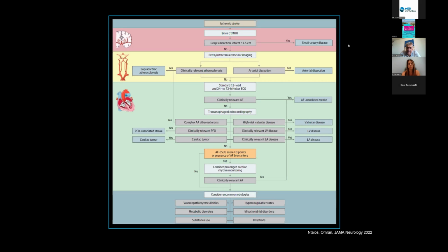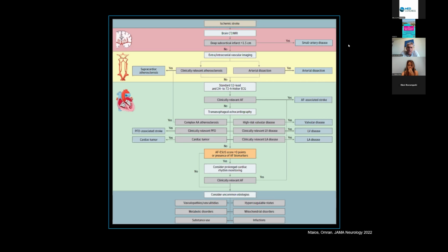There are two main areas that we would like to have a look at. The first one is the arteries of our patient, and the second one is the heart of our patient. For the arteries, nowadays we have very good imaging methods like CTA and MRA, so you can really have a good look at the arteries of your patient and see whether there is some clinically relevant atherosclerosis there. Now, what do we mean by clinically relevant atherosclerosis? For many decades, we kept thinking that this means that our patient has a stenosis of more than 50% ipsilateral to the infarct. But now we're moving away from that,